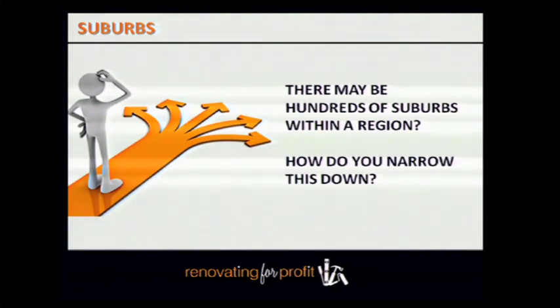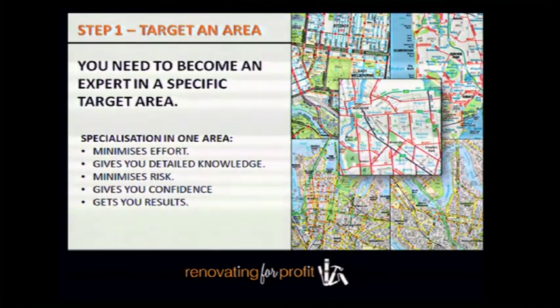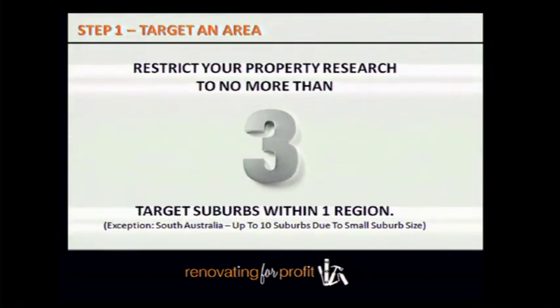How do you get down to that magic 1, 2 or 3 suburbs? What you need to do is look for a suburb that has a specific profile. You want to target 1 to 3 target suburbs, and you have to make sure those suburbs are located geographically next to each other, okay? So if you have a map,